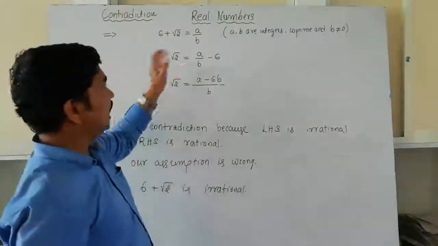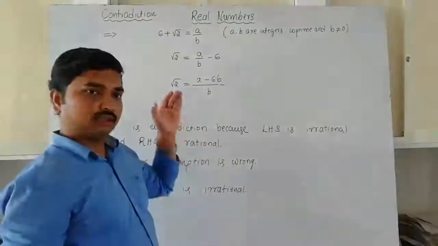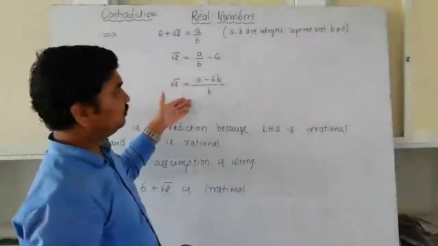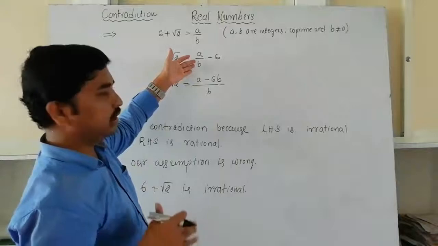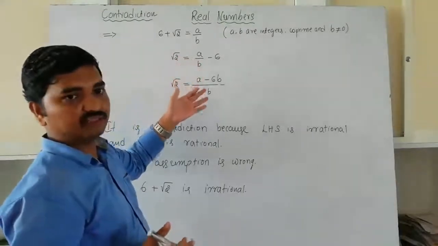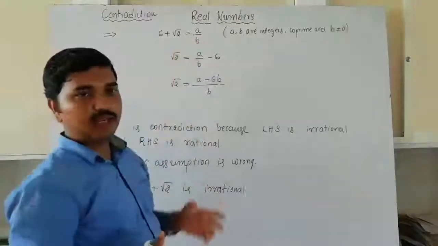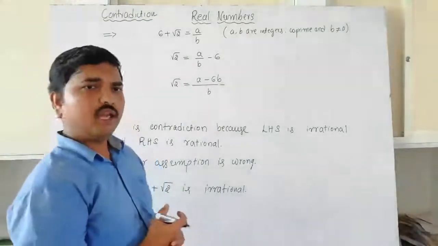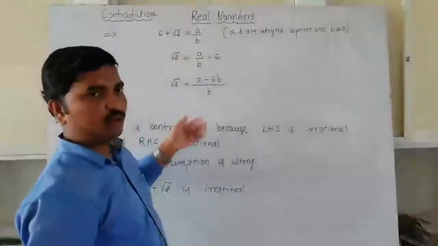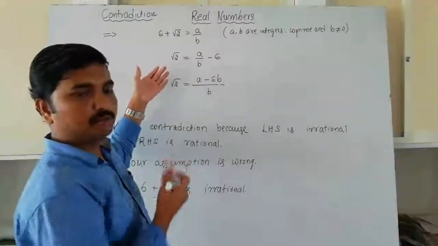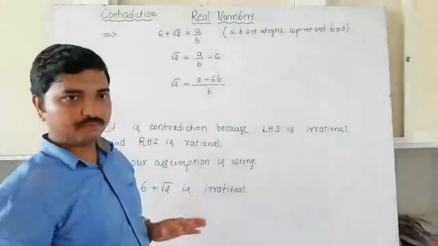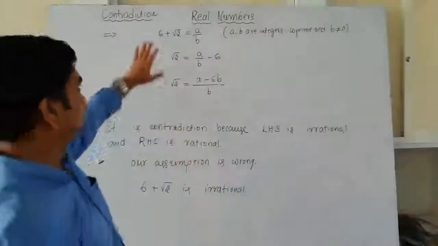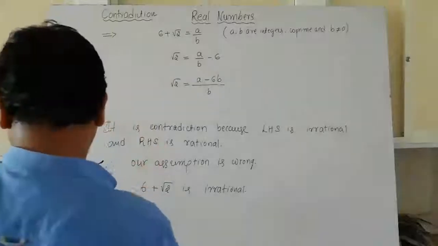Okay, so this is another way to prove the irrationality of these kinds of numbers. I'm not going to use this one, because it will become difficult for some students to take the LCM, and you need to simplify this one. If you just take it equal to a, it will be very simple to simplify that equation. So that's why, if you want, you can do it like this, or else you can go through the previous method. Is it clear for you? Okay, if you want to write this one, write this one. If you write this one, it will be enough for you.